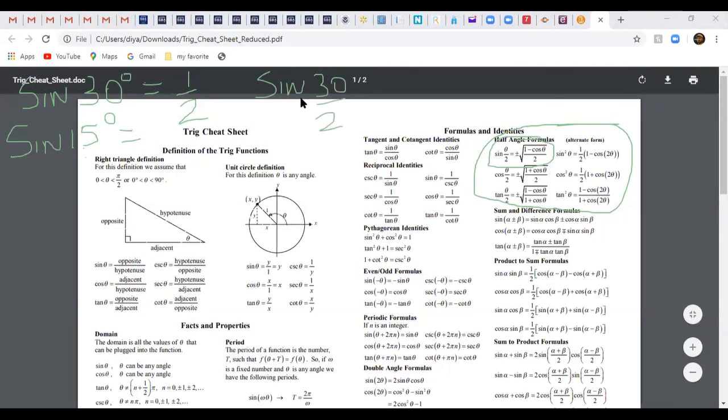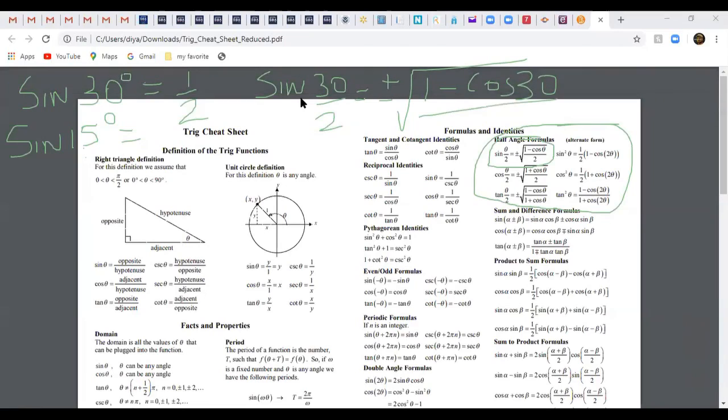Sine of 30 divided by 2 equals plus or minus radical of 1 minus cosine 30 over 2. Now we know the value of cosine 30: it is radical 3 over 2. We plug in that value and get the answer. So this simply becomes plus or minus radical of 1 minus radical 3 over 2, divided by 2. We just simplify it to the next form. So it is just plugging in the